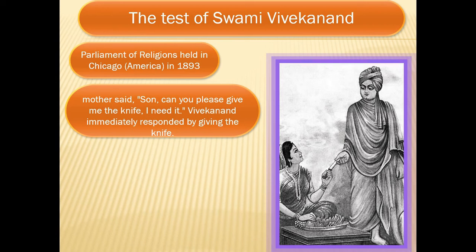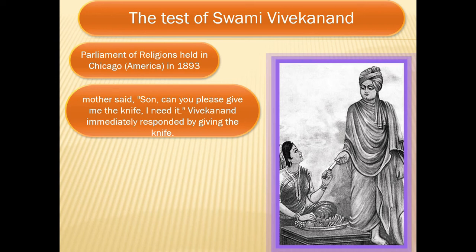Before leaving India, a mother wanted to test Swami Vivekanand whether he was ready for it or not. The mother said, "Son, can you please give me the knife? I need it." She asked for the knife because she needed to cut fruits or vegetables.